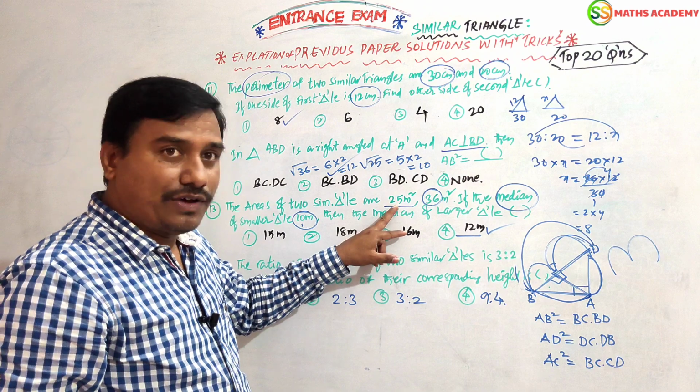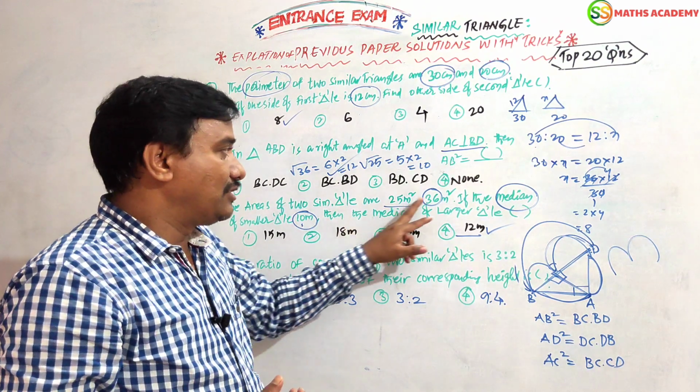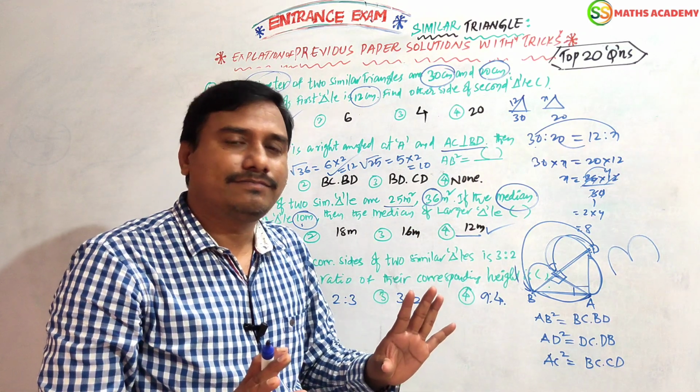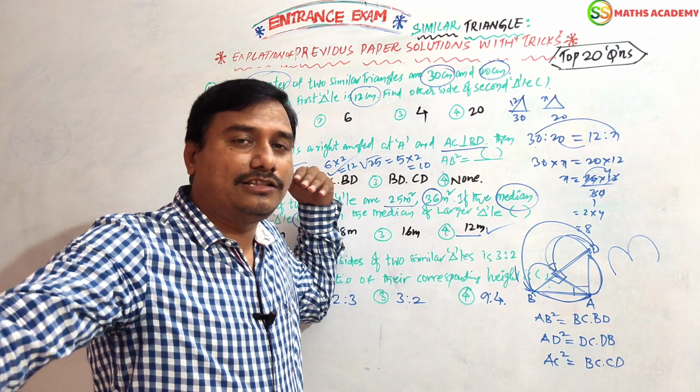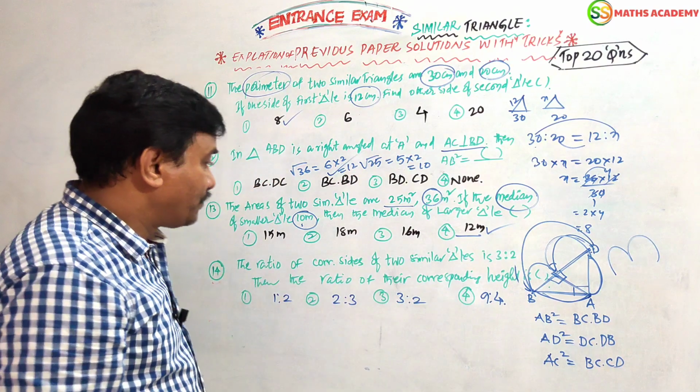What have I done? Square root of 25 is 5, 5 twos are 10. It is a median. Square root of 36 is 6, 6 doubled is 12, so 6 to the 12. That's it. No need to prove anything. If you do, a long lengthy process will be there. A direct technique you can follow here.